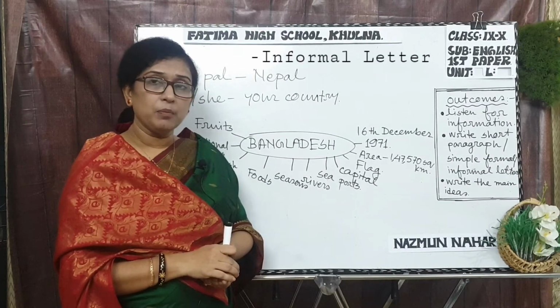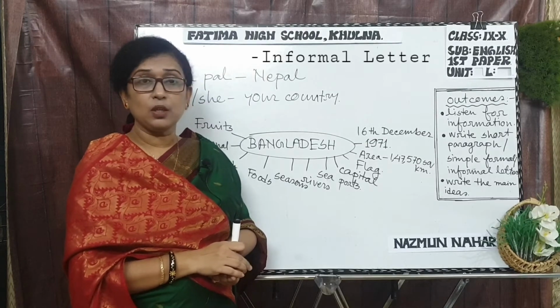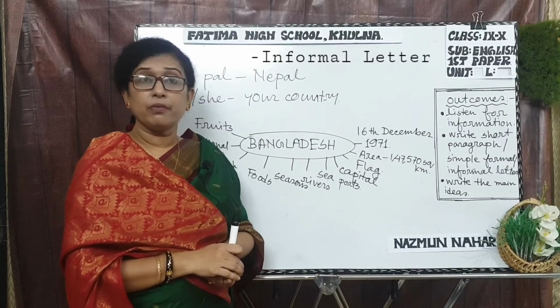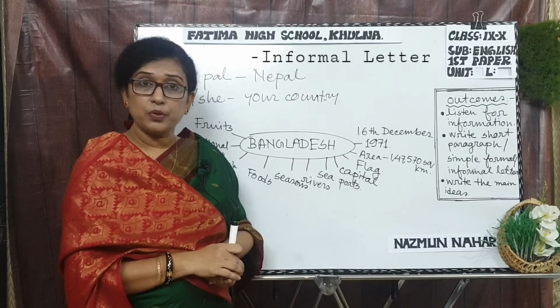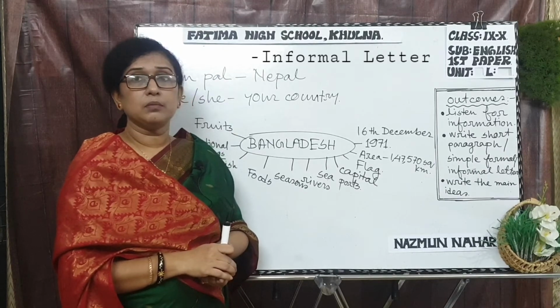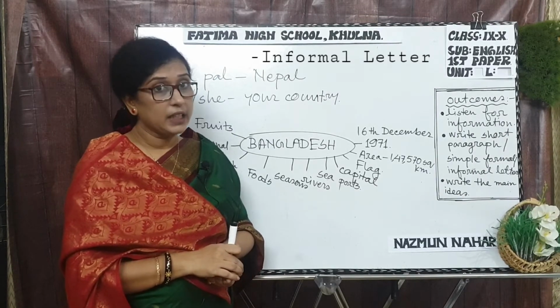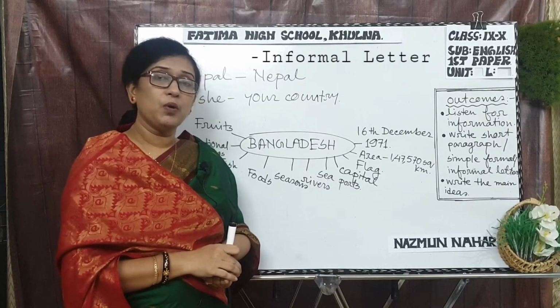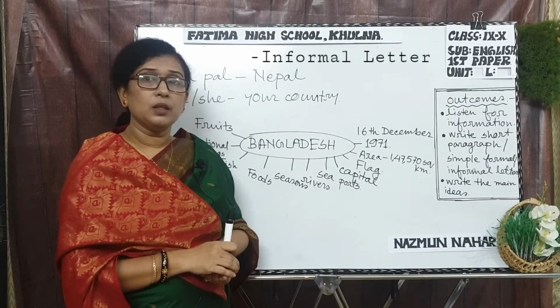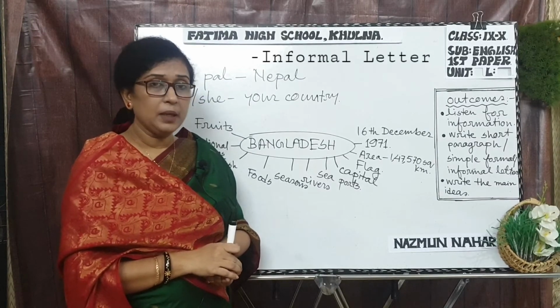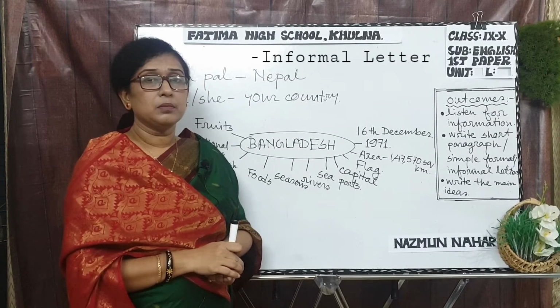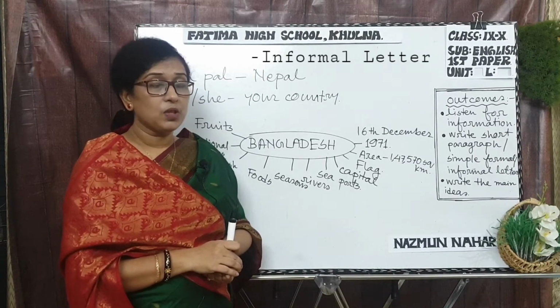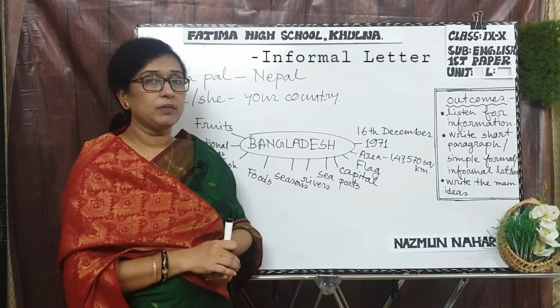The national mosque is the Baitul Mukarram mosque. The national forest is the Sundarbans. The national museum is at Shahbag, Dhaka. You can also write about the national park, okay, the national anthem. You can also write about the national anthem, okay.